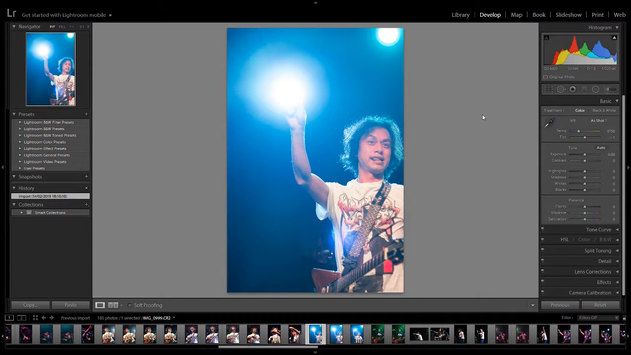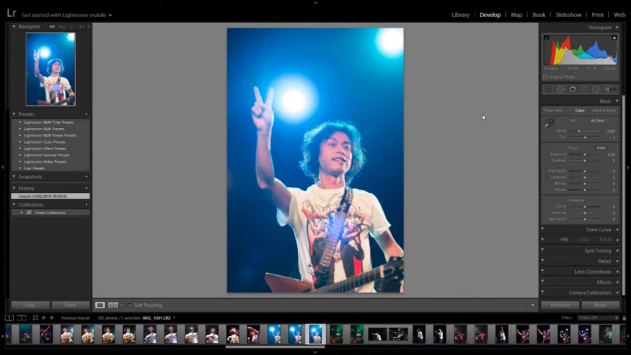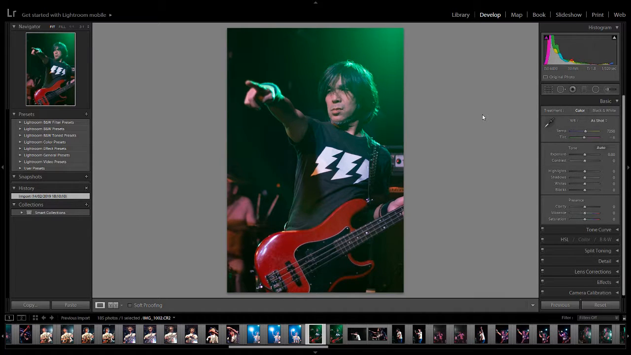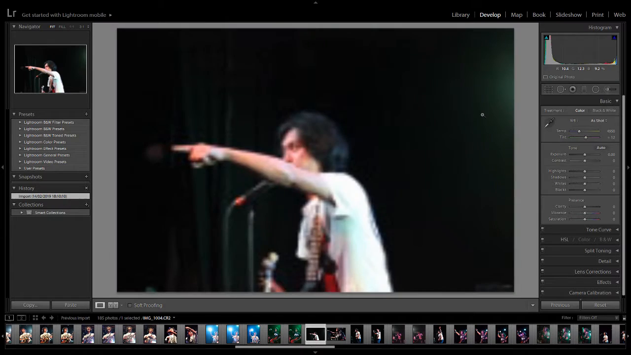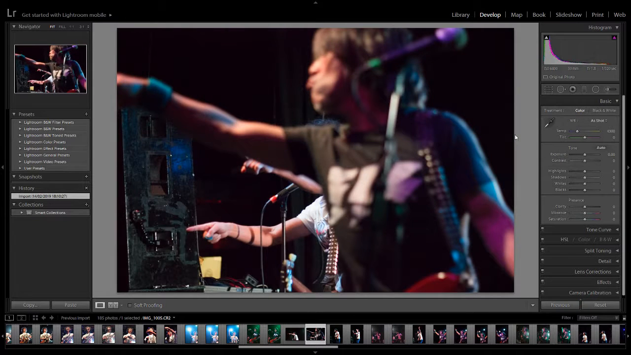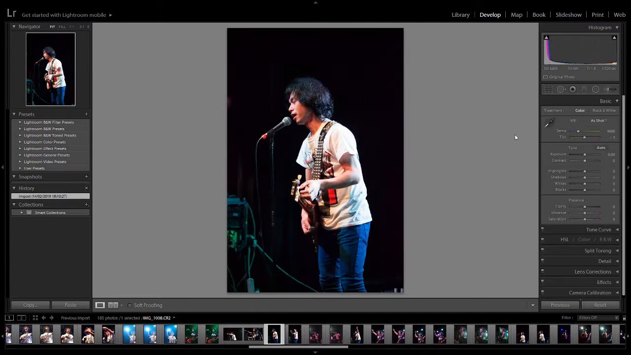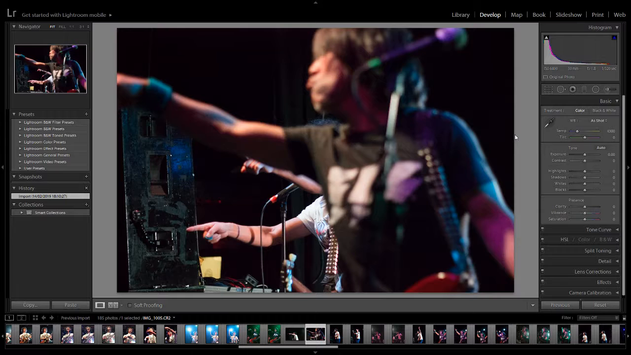When you're taking live photographs, especially live music, what happens is the people that you're photographing, they're not standing still. They are not posing for you. They're not even aiming their body towards you, as you can see in this photo. What happens is you get photos that are out of focus. You get photos that are cropped badly. You get photos like this, where, eh,